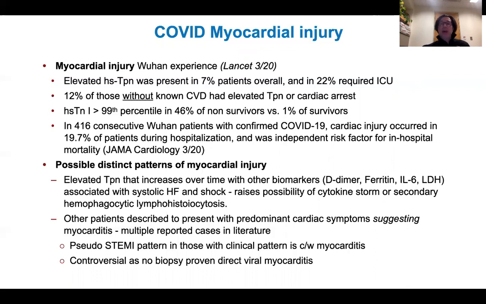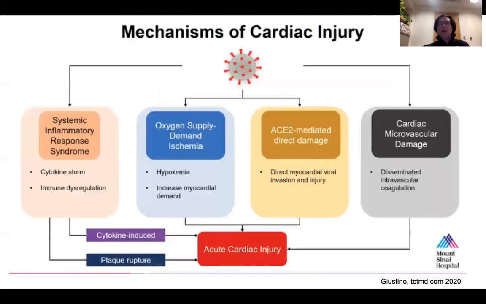Now, there are multiple patterns of possible cardiac injury, which include a rising troponin along with other biomarkers indicating the possibility of a cytokine storm or cytokine release syndrome, a form of secondary hemophagocytic lymphohistiocytosis. And there are other patients that present with the possibility of clinical myocarditis. So I encourage you to listen to Dr. Levin's episode about COVID and the heart. I believe he'll review all of these manifestations, but remember that when cardiac injury is present in a COVID-19 patient,